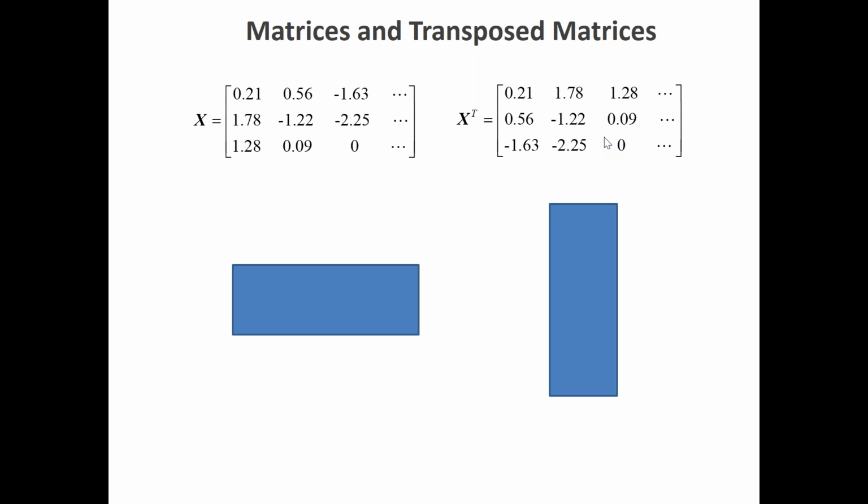And when you do that, there are some simple facts about transposition, which are summarized here. If you transpose a matrix that has already been transposed, then you come back to the original matrix. So that is clear. The rows become the columns, and then the columns become the rows, so you go back to where you were at the beginning.